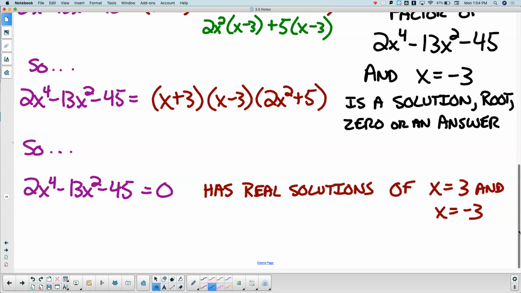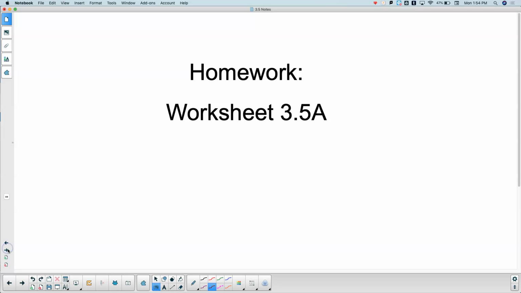Okay? Your homework this evening is going to be a worksheet. It will be due on Wednesday. You still have a formative tomorrow. However, I did change the day of your test. Your test was originally scheduled for Thursday the 14th. I moved it back to Friday the 15th because I totally forgot that we don't have